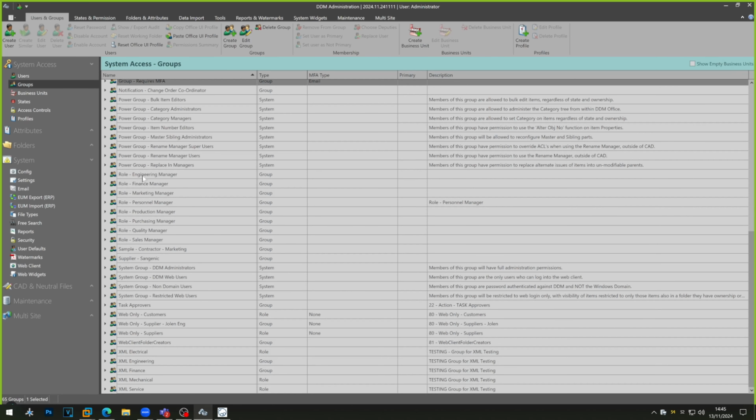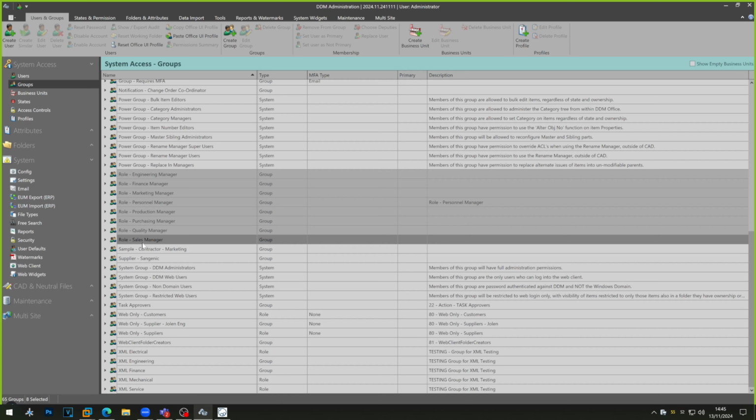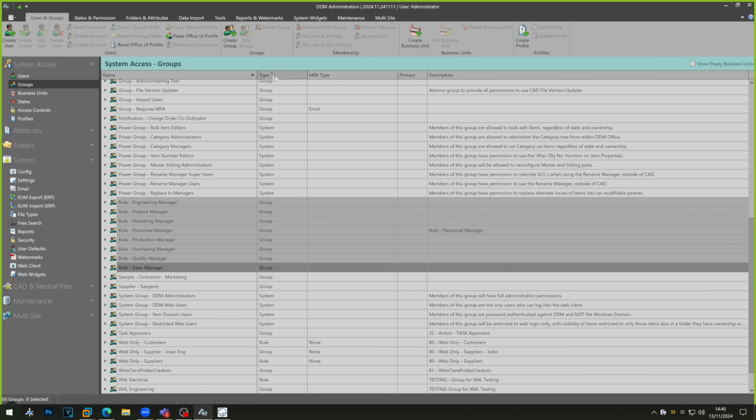The thing that I've started doing recently is creating a role, because I might be a member of the engineering department, but I might have additional privileges as the engineering manager. Engineering is a department, whereas engineering manager is a role. So, ignoring this second column in the admin tool that really doesn't do anything,